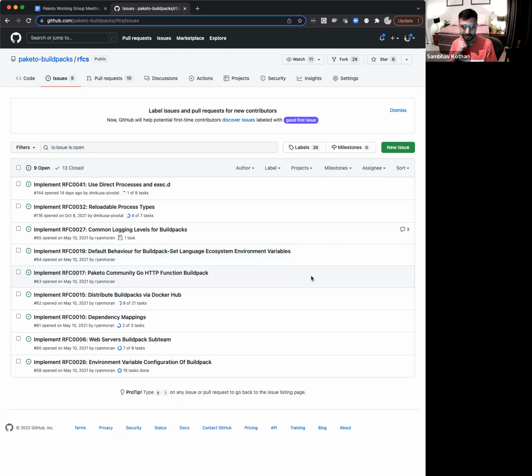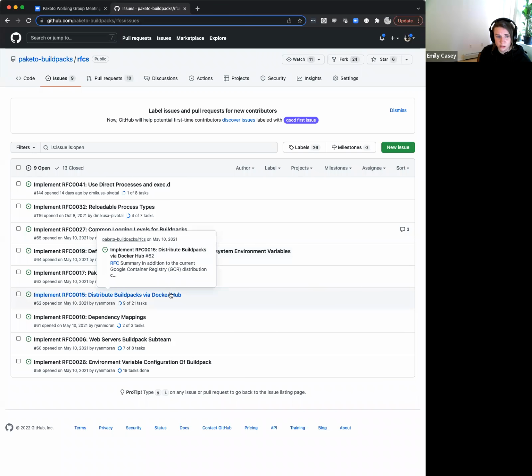So there are these issues in the RFC repo. I don't know if you can still see my screen. I don't think we have one for everything that we should. This SBOM work has changed a lot. I think of all the initiatives we've gone through, this has gone through the most churn while in flight. So the last RFC we approved for SBOM is talking about a label format that maybe doesn't exist anymore.